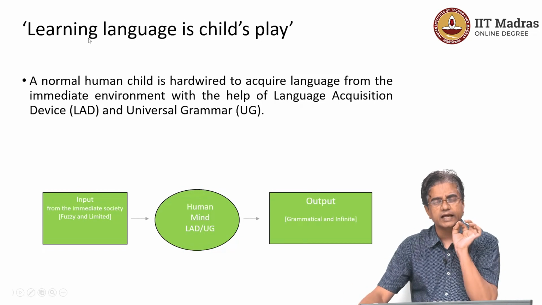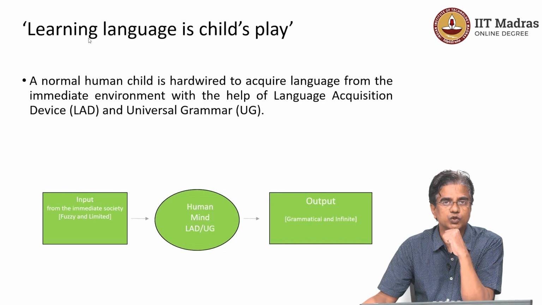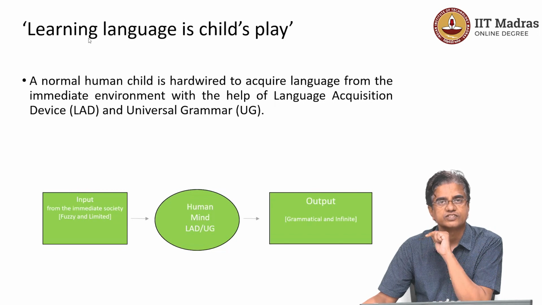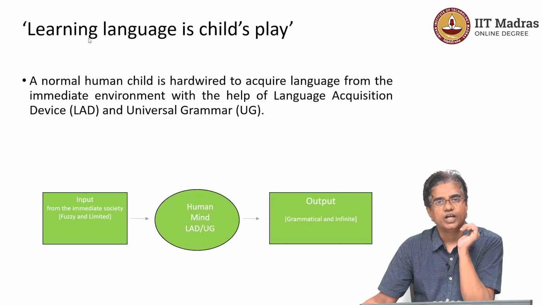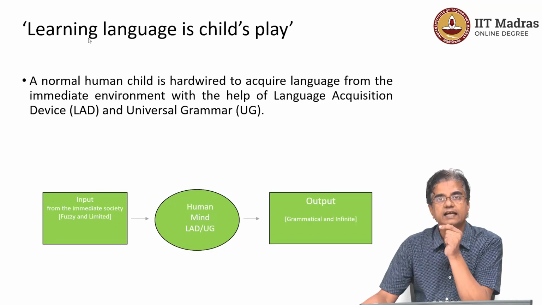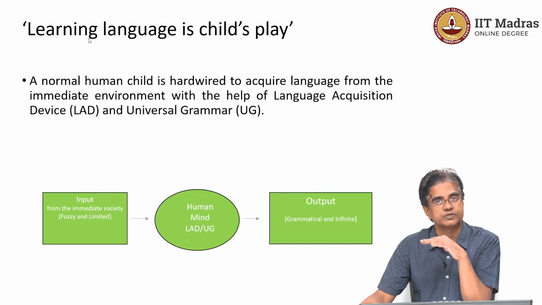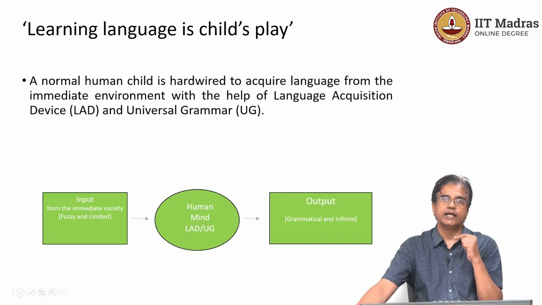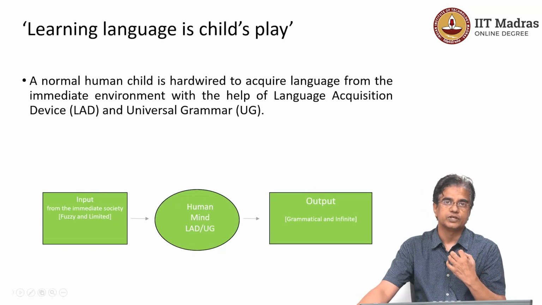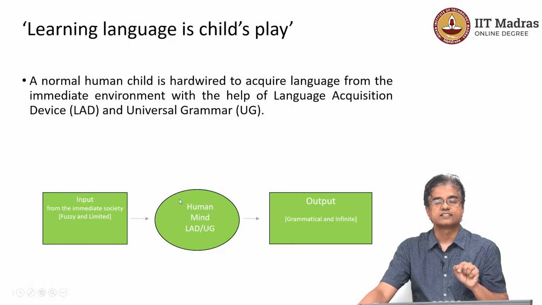So the reason for that is what we need to know: given that all normal human children are born to learn language, they are by birth equipped with a language acquisition device and universal grammar within it, which they use for the purpose of learning language. And in between, they are hypothetical components of the human mind. And as you see in this picture,